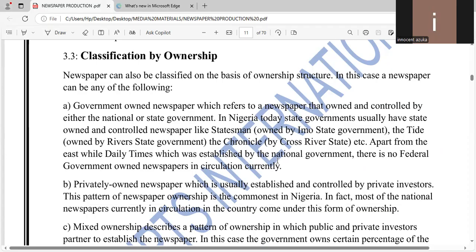So apart from the Daily Times, which was established by the national government, there is no federal government-owned